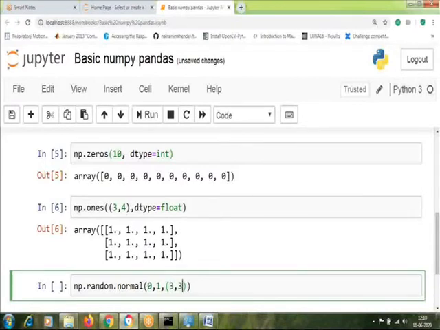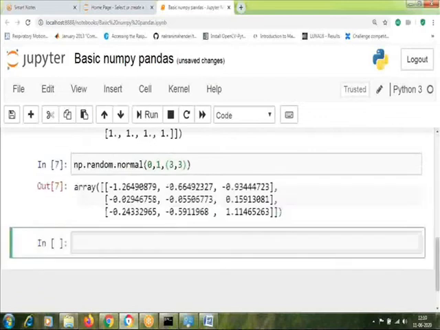Then execute this. You can see that it gave us a 3 by 3 matrix with normal random numbers for each element. This way we can create random matrices, and these matrices are very important in machine learning, because the data which we are going to use will be in tabular form.